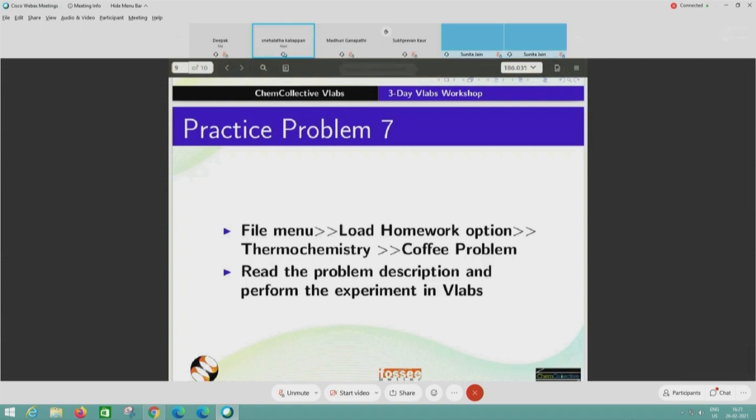Some of you have finished the practice problem also. Can anyone share the screen and demonstrate the practice problem? I'll be happy if someone among you is interested in demonstrating this. If not, I will do it. But I think I have to allow people time to finish the tutorial. I will do the demonstration after 5 minutes. Let all of you finish the side-by-side learning of the tutorial.